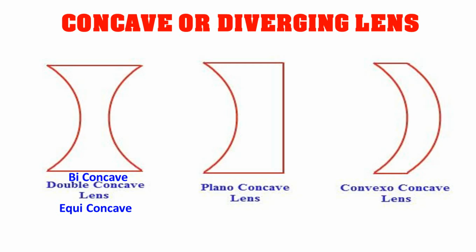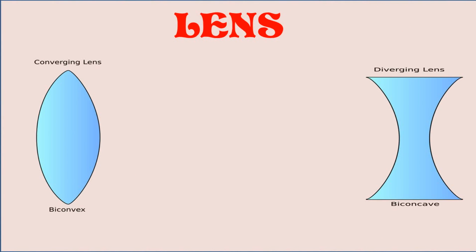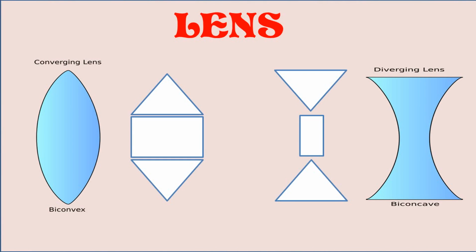Look in the diagram. Lens can be considered as being made up of a rectangular slab at the center and one prism on either side of this rectangular glass slab. A convex lens in its upper part has a prism with its base downwards and in its lower part has a prism with its base upwards. And a concave lens in its upper part has a prism with its base upwards and in its lower part has a prism with its base downwards.